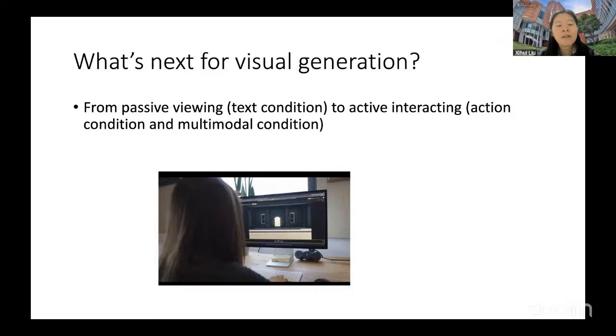So we think one future trend should be from passive viewing to active interacting with the generative model, so that not only can we give text prompts, but we can also use our actions or even multimodal conditions to control the generation process and timely interact with the generative model as the video is generated.